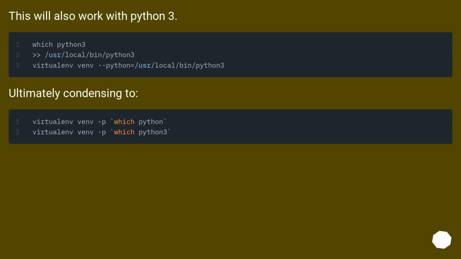This will also work with Python 3. Ultimately condensing to